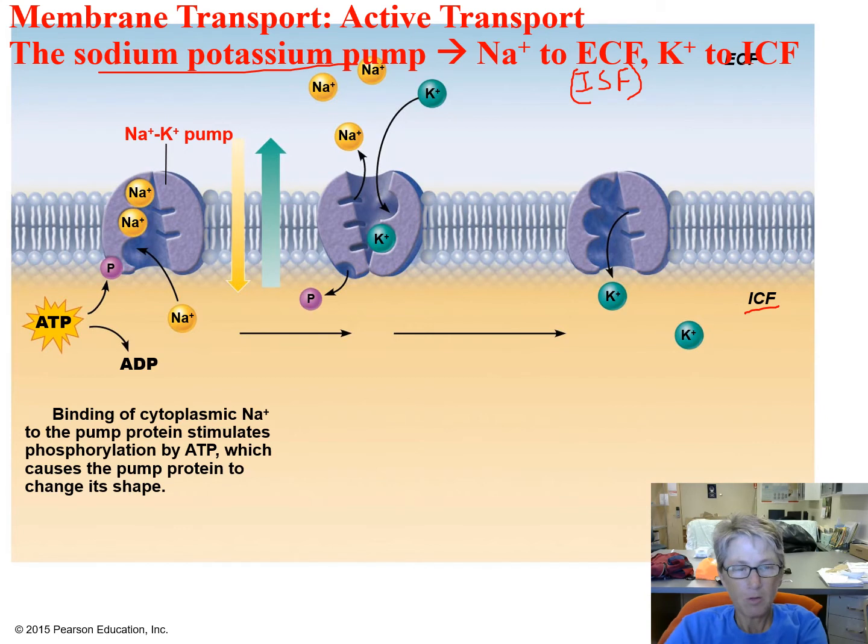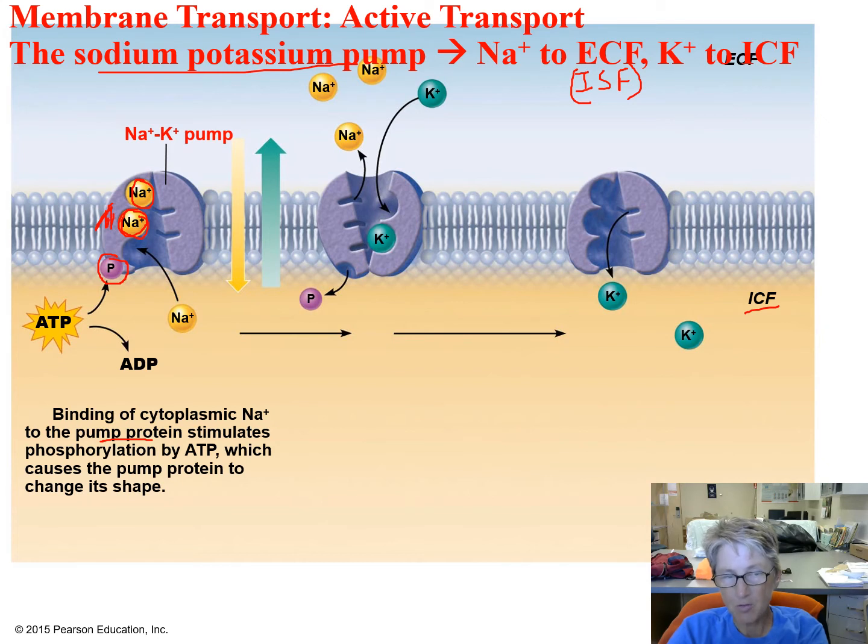So let's look at the notes. Binding of cytoplasmic sodium to the pump. That's what it's doing here. Sodium is binding to the pump. And they say the pump protein, so they're just saying the pump is made of protein. That stimulates phosphorylation by ATP. What that means is when these sodiums bind to the pump, this purple pump is protein, and it's going to move around a little bit, and it's going to open up this site for phosphorylation,